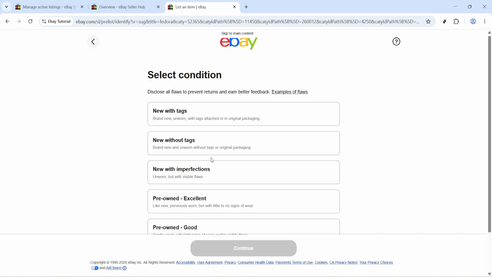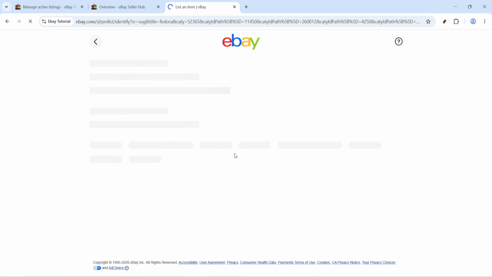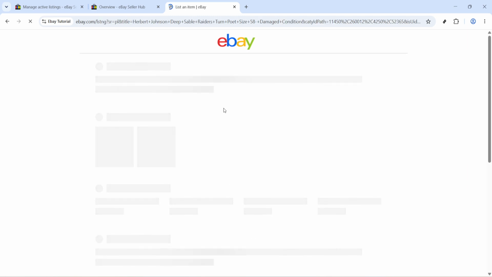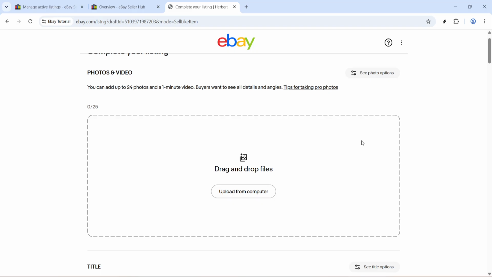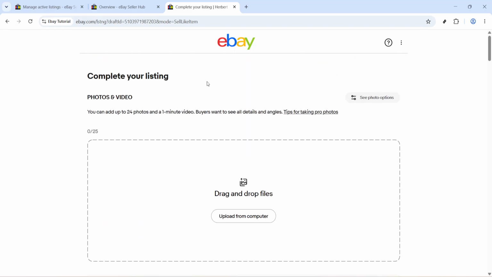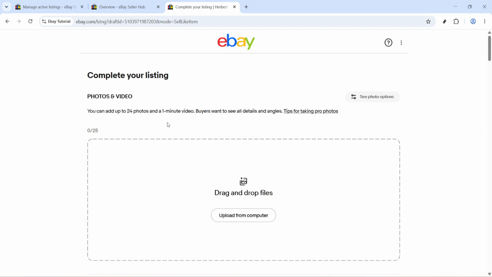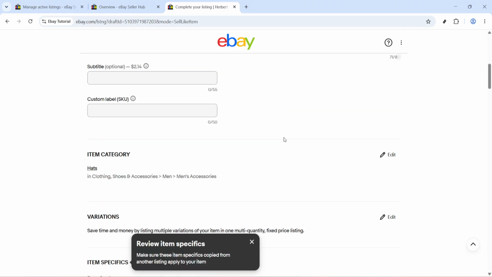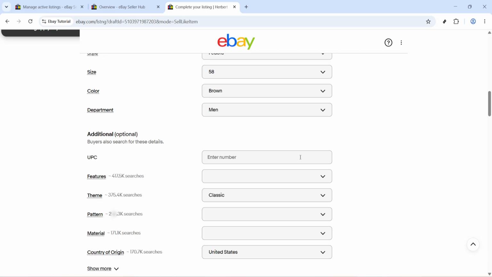Now you'll arrive at the main listing page where you can enter the product information. This is where you complete the details for the item. Take your time here and make sure everything is correct before moving forward. The more accurate your information is, the smoother the buying process will be, and the fewer questions you're likely to get from potential buyers. Once all the product information has been entered and reviewed, the final step is to click